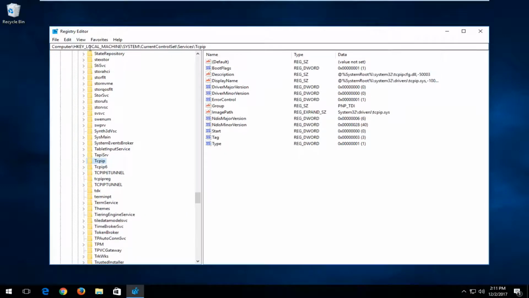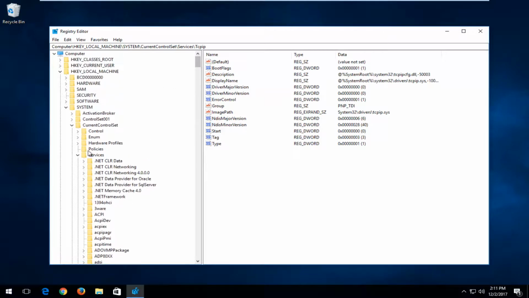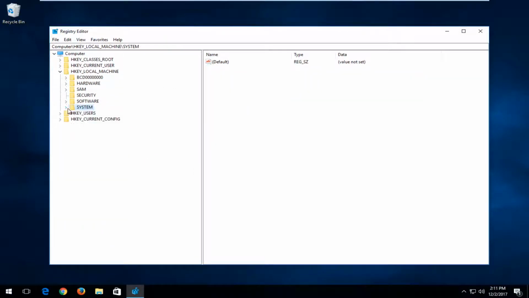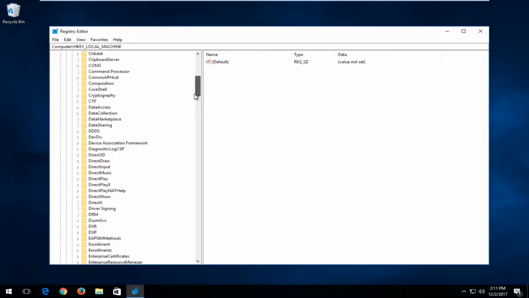And you can also note on the top here we have the path of where I am, so if you ever get lost in the video, you're more than welcome just to refer to this up here. And once we've done that, what we're going to do now is navigate over to HKEY_LOCAL_MACHINE again. So let's go back up to the top, close out of this stuff. HKEY_LOCAL_MACHINE, go down to software, expand the software folder. And now that we've expanded the software, you want to go down to Microsoft. And then look for a folder that says